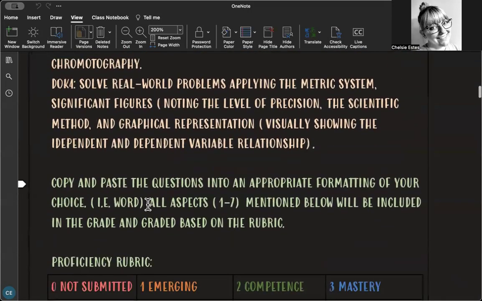All right. So there are a lot of options when it comes to submitting this document. You can actually give a video like I'm doing, where you've created some sort of presentation and you're going to give an auditory version of your responses. You can do a PowerPoint. You could do a Word document. You can do a Google Doc. So on that note, this will come to you as a PDF and you'll just copy and paste over the questions or